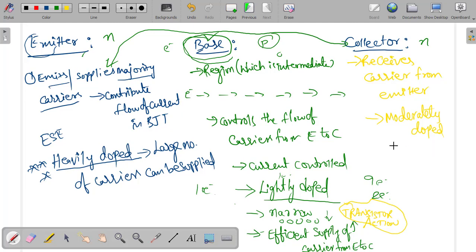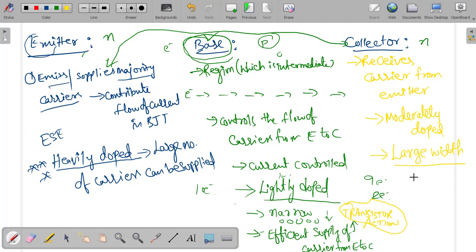And the size of the collector, because it has to receive the electrons, right? So the width should be large. Here the width should be narrow. Here the width should be large because it collects. Base should not collect the electrons from the emitter. The collector should collect. So hence the width of your collector is